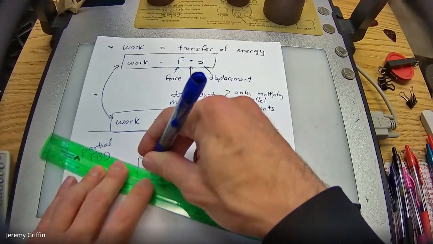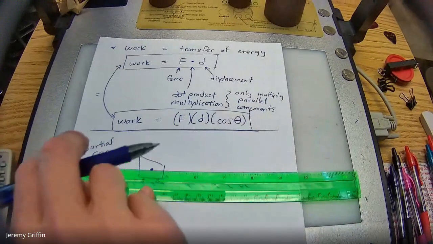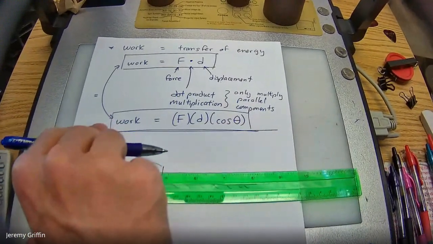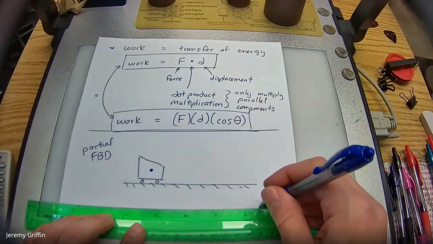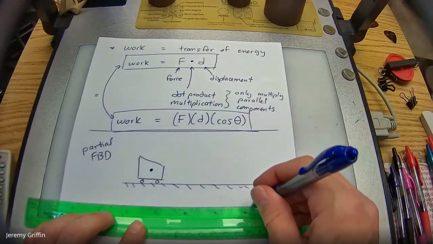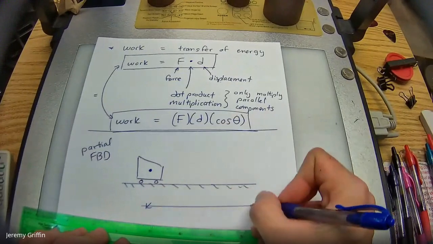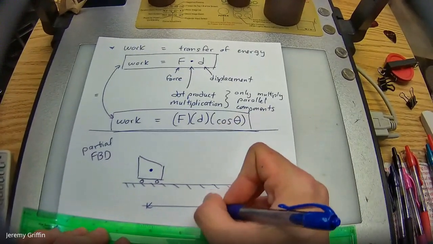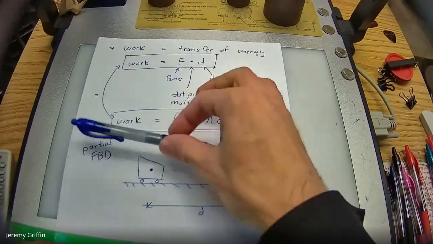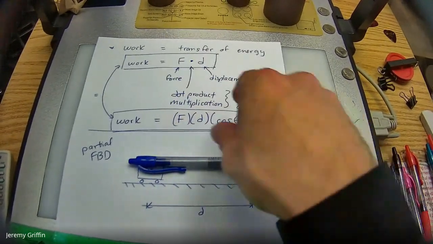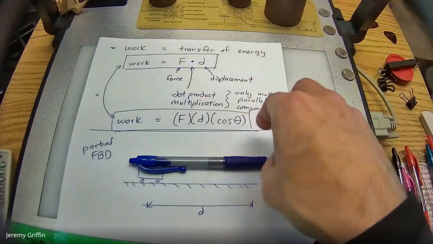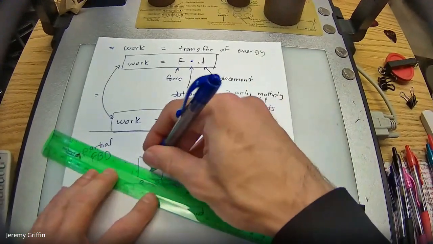Suppose you were pushing straight horizontal, and as a result, this cart moves some distance, let's say d. Then you just say, well, that pushing force times how far it goes, that's the energy transferred into it. And everything's parallel, so multiply, done. But what if you aren't pushing straight parallel to the floor?